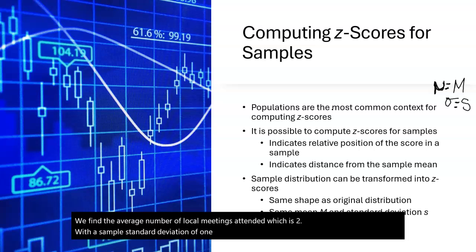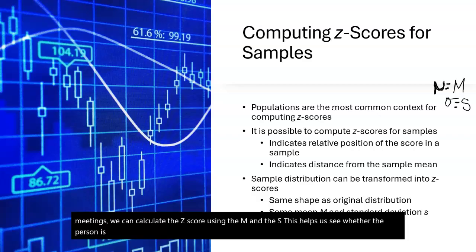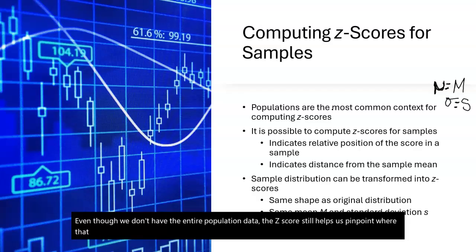If a particular individual reports attending 5 meetings, we can calculate the z-score using the M and the S. This helps us see whether the person is a typical participant or an outlier. Even though we don't have the entire population data, the z-score still helps us pinpoint where that person stands in that sample. So now we are going to do,